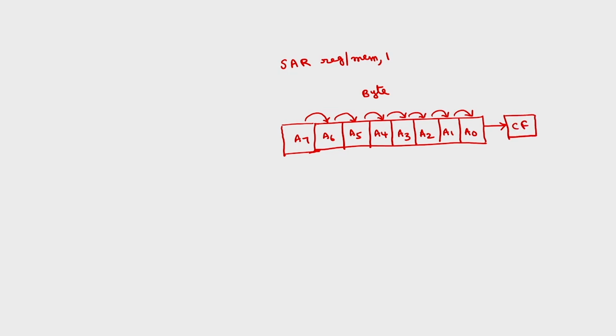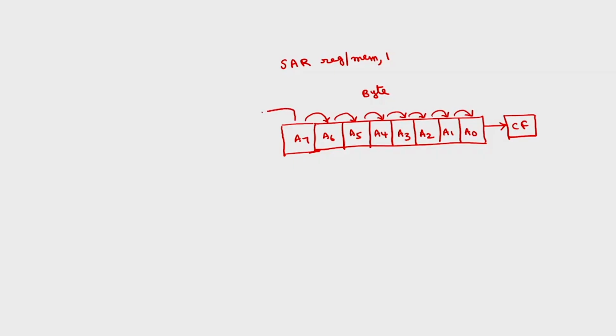In case of the left operation, zeros will be inserted at A0, whereas here the contents of A7 itself will be loaded into A7 also. The MSB bit is simply copied. Instead of inserting zeros as in the shift left operation, here the MSB bit will be moved to the MSB bit. So simply the MSB bit will be copied. This MSB bit will be this bit as well as this bit. This is the main difference between shift left and shift right operation for a single bit position. Similarly, for multiple bit positions, we have SAR